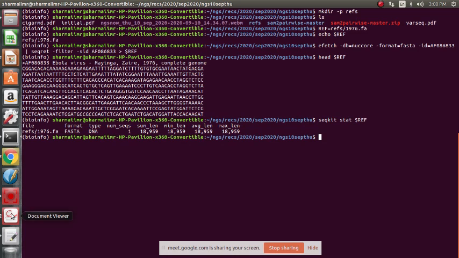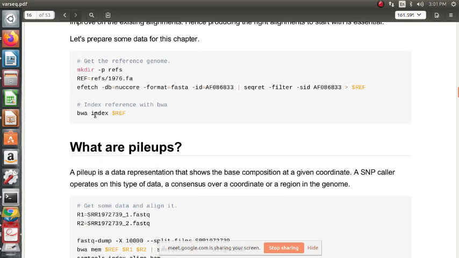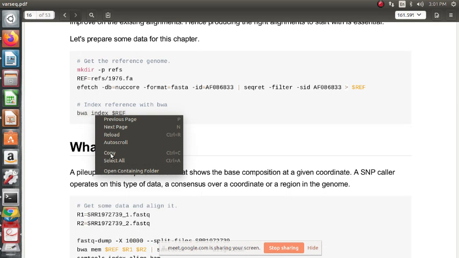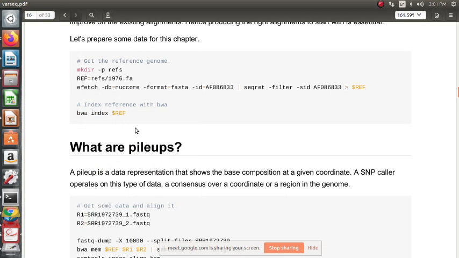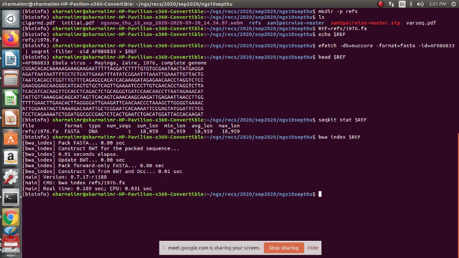So always you can keep some units. So 18.9, 18.6 if you want. 18.959, it's almost 19 kb. We can say 18.959 kilobase pairs. Okay. And we index this reference genome with Burrows-Wheeler Aligner. So far we are following the Burrows-Wheeler Aligner BWA whole genome aligner as a standard. We can also do Bowtie2. Nothing is preventing us from doing that. So bwa index $F.